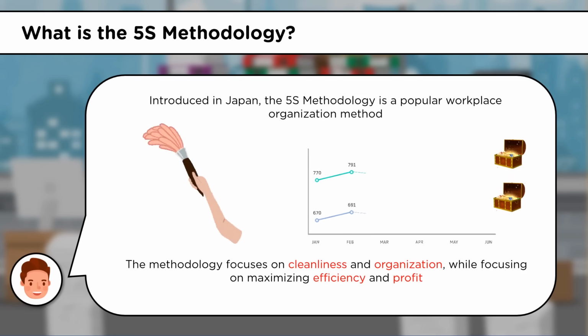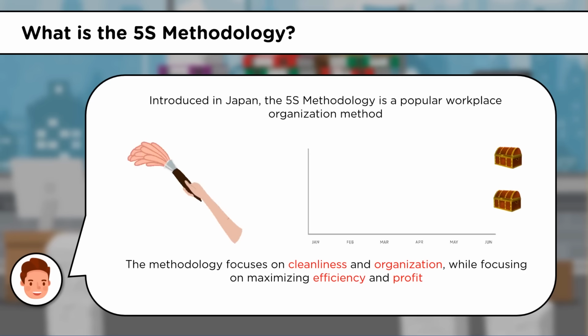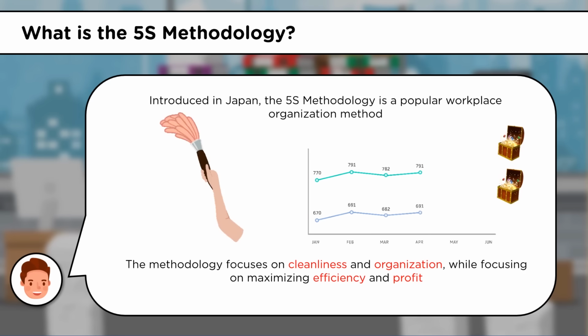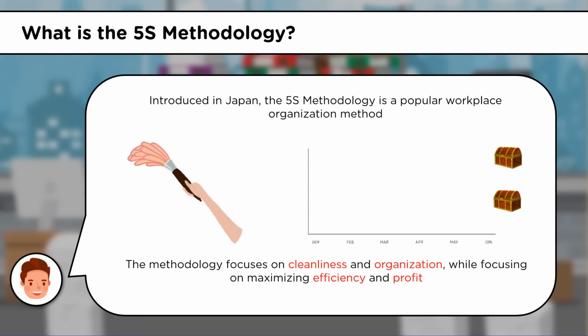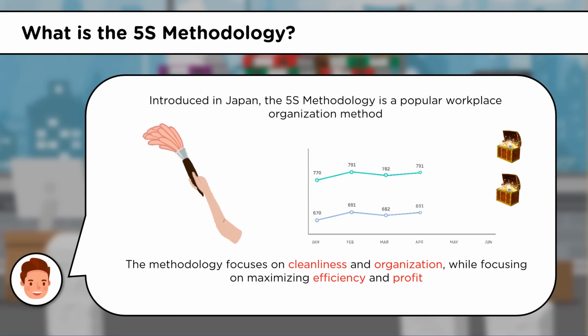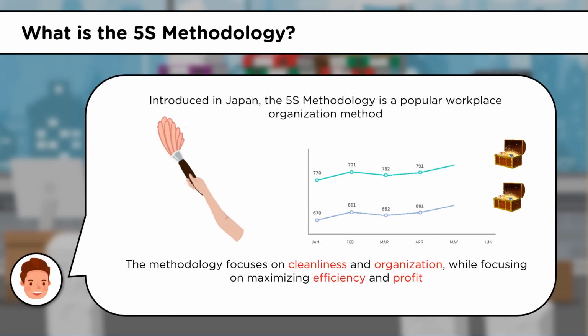The 5S methodology is a popular workplace organization methodology that was introduced in Japan and was first implemented by Toyota Motor Corporation. The primary reason it was developed was to make just-in-time manufacturing possible. So what is just-in-time? It's a form of manufacturing that aims to produce only the amount of product needed when it's needed. The 5S methodology basically focuses on cleanliness and organization while at the same time focusing on maximizing efficiency